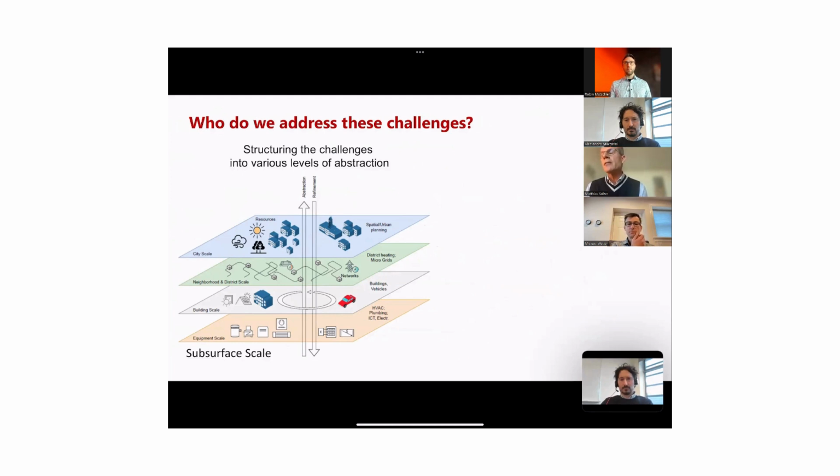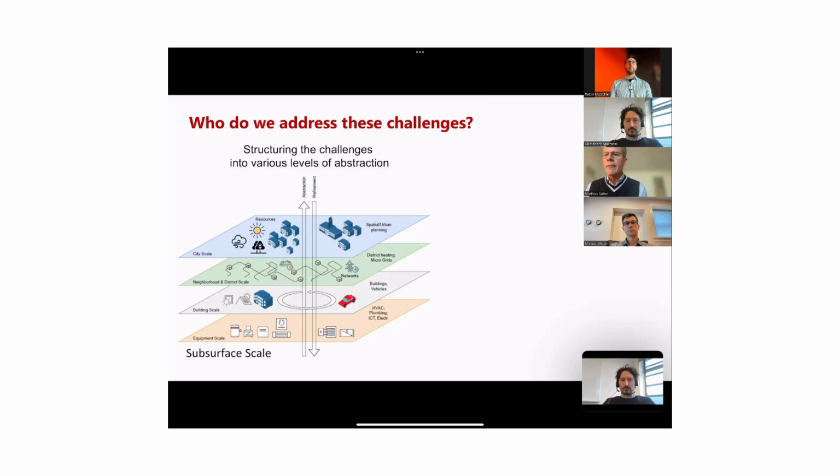This allows us to do decision making at the right time of the design flow. So you have high level decision making, maybe even on policy, on city level, and these decisions are fully connected, down to the component or even to the subsurface scale,